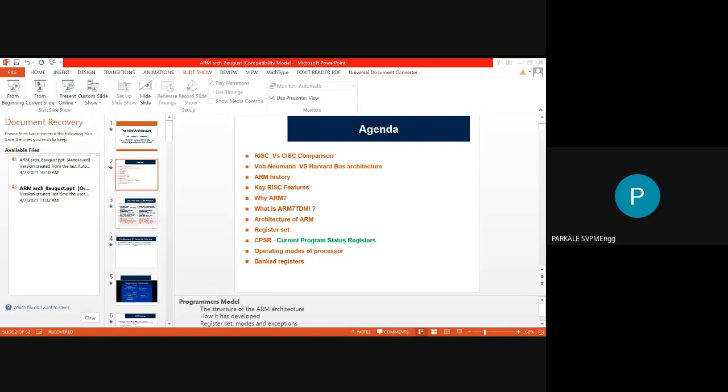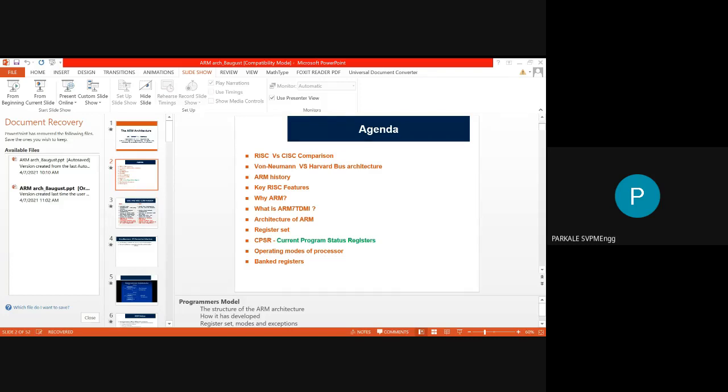Now the first point of comparison is based upon the size of the instructions. There are different sizes of instructions that are going to execute. For example, an instruction may be of 8-bit size, or 16-bit, or 32-bit, or 64-bit. So depending upon the size of instructions, we can compare the CISC and RISC architecture. The first point of comparison is variable size instructions with many formats.